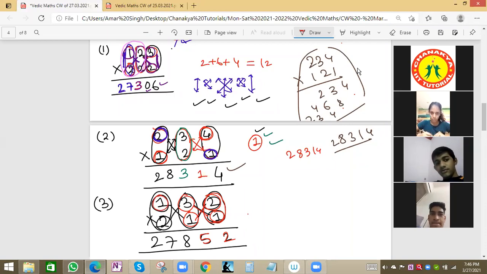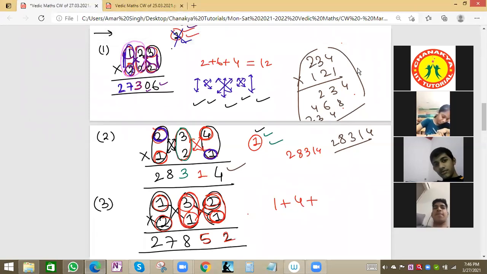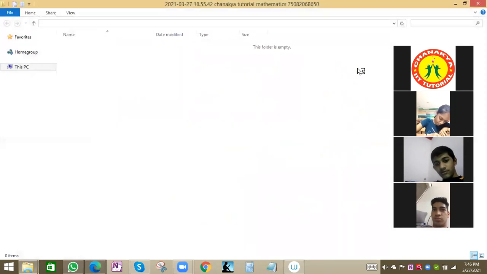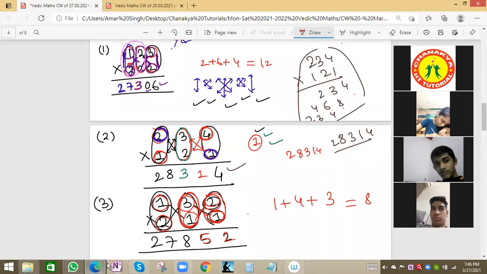Big crossing means corner values we will multiply, 1 into 1, 1. Then 2 into 2, 4. Then middle values are multiplied, these values. 4. Then 3 1, 1 1 1 and 2 2 are 4. 4 plus 3, this will be how much? 7, no, 8. Correct. 1 1 1, 2 2 are 4 and then 3 1 3. So the total sum of the values will be 8.